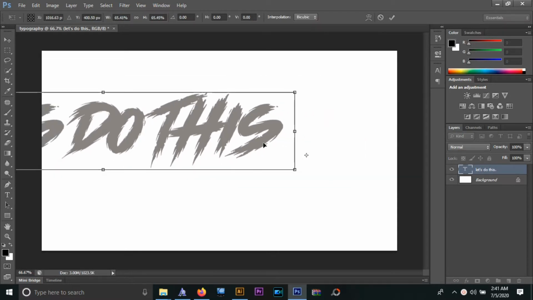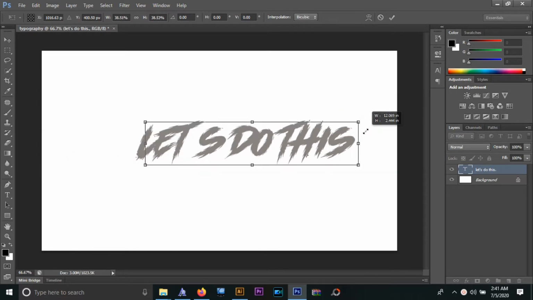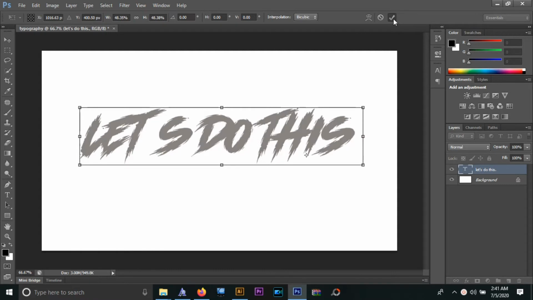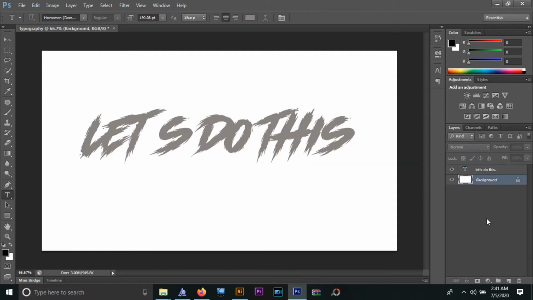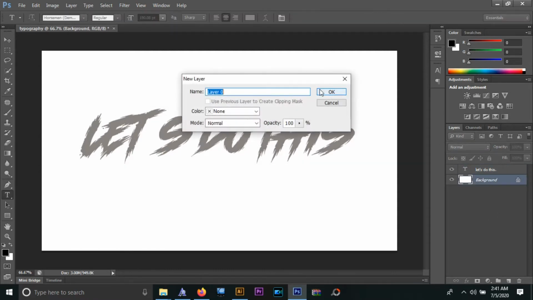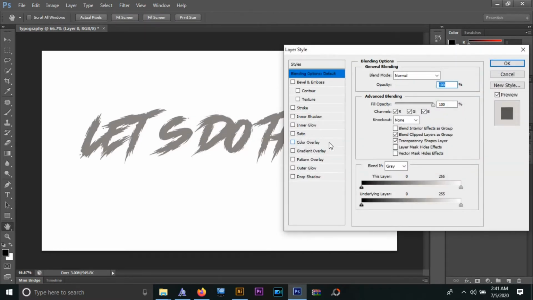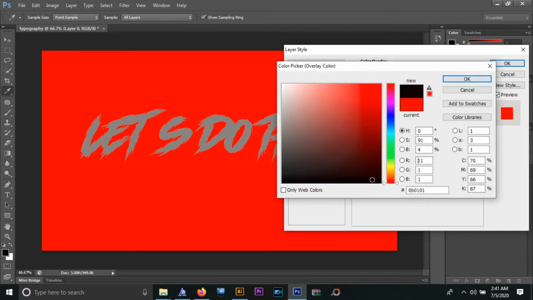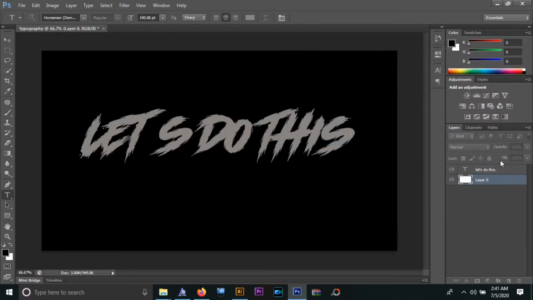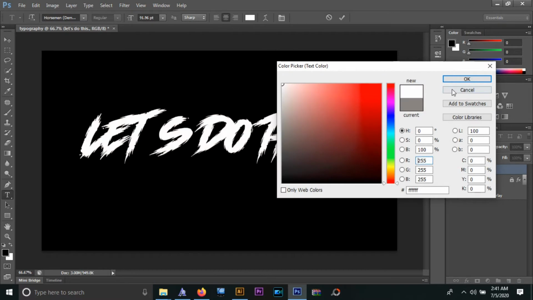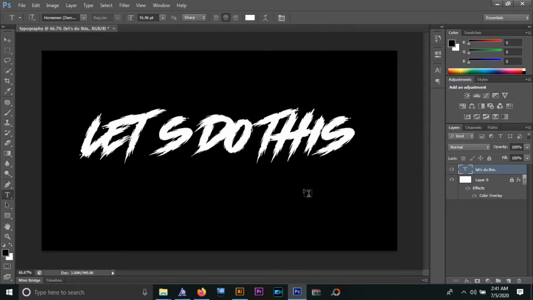Yay. For this one, the background is going to be a darker color. So I'm going to make the text a lighter one. I can change this later on. Once I have the text and everything in place, I'll just go ahead and change the color of the background using the blending mode. And I'll choose color overlay and I'll choose the color to be black. Now once this is done, I'll go back to the text, change the color of the text to absolutely white,